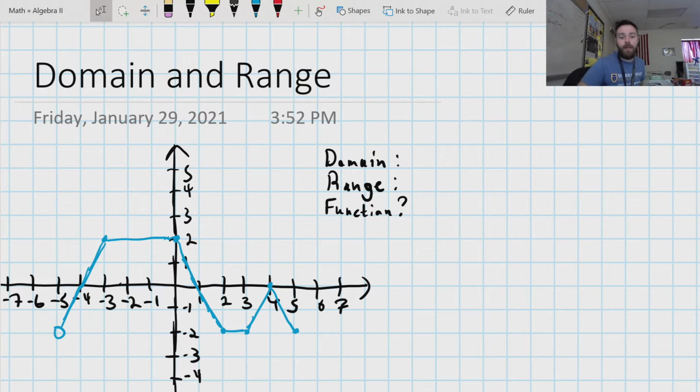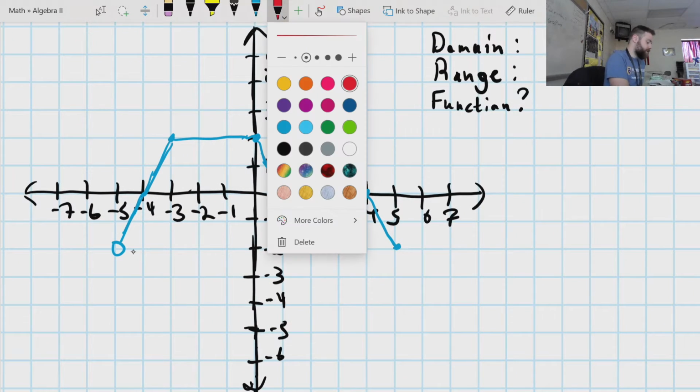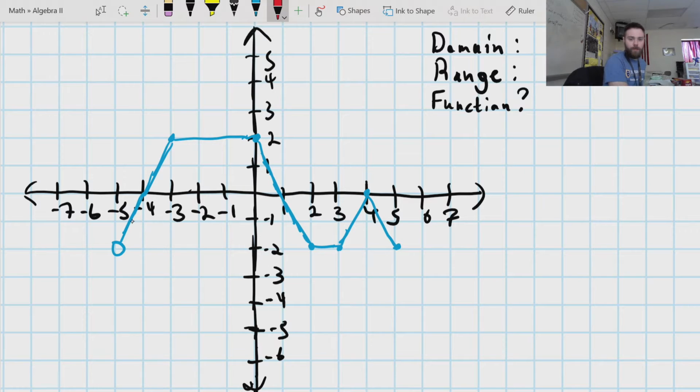So if I'm trying to tell the domain and the range from a graph and whether it's a function or not, I'm going to look at the graph, and I'm specifically going to look at the x values and the y values. So I'll show a projection of this. We're going to start with this function. If you take a look at this, what I've got is this nice weird blue shape. And anytime you write domain and range, domain corresponds to the x values of the function, or not function, which you'll see. And then range corresponds to the y values, the range of y values that you get from the